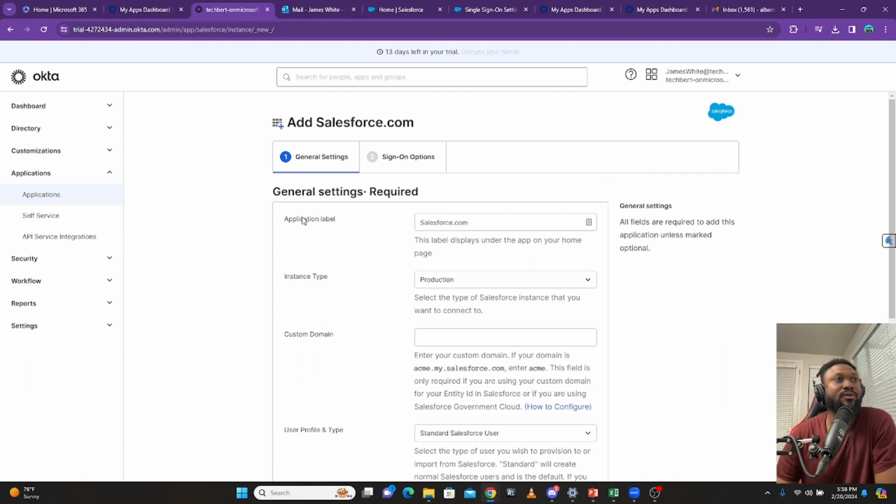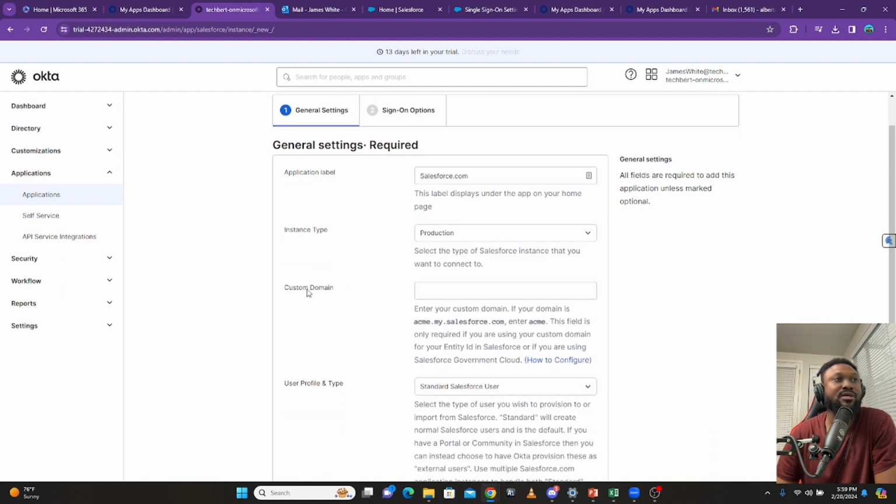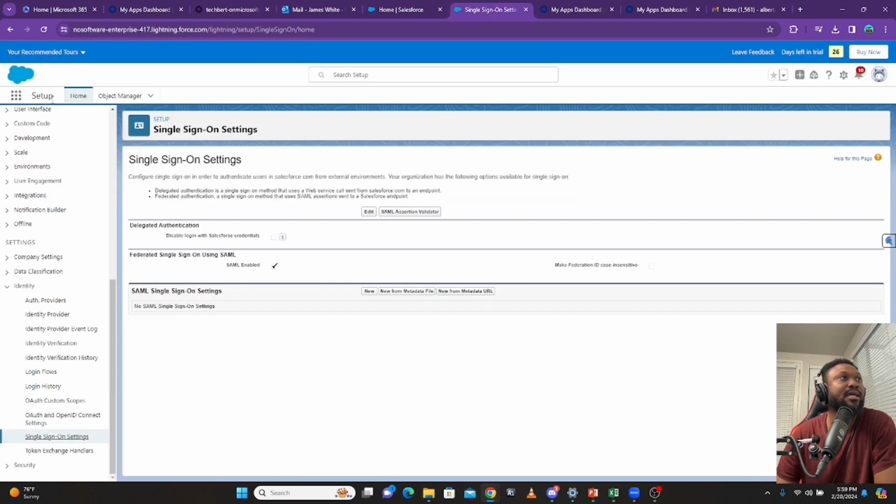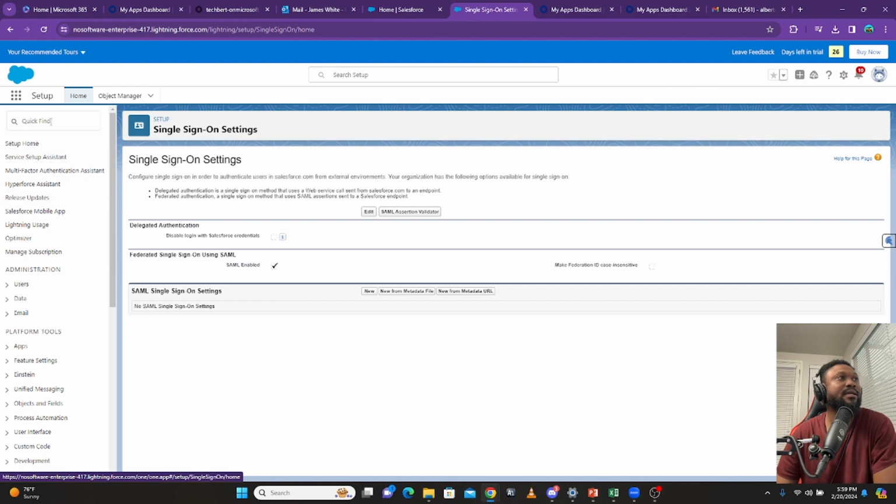So when you come here, you're going to see the application name, which is Salesforce. Instance type is production. Now it's going to ask you for the custom domain. It has given you an example, acme.my.salesforce.com, where you enter ACME. So you have to go to your Salesforce account here, and on the quick